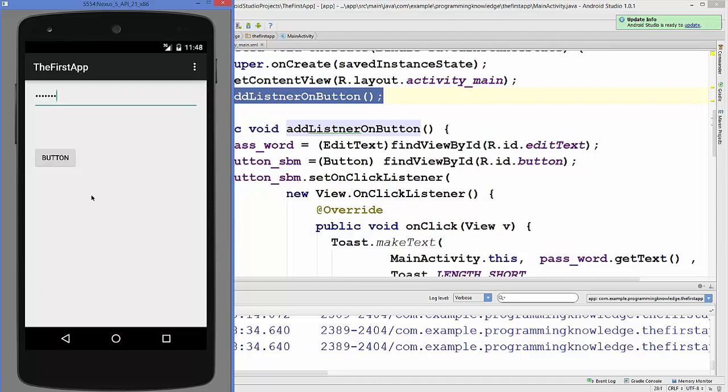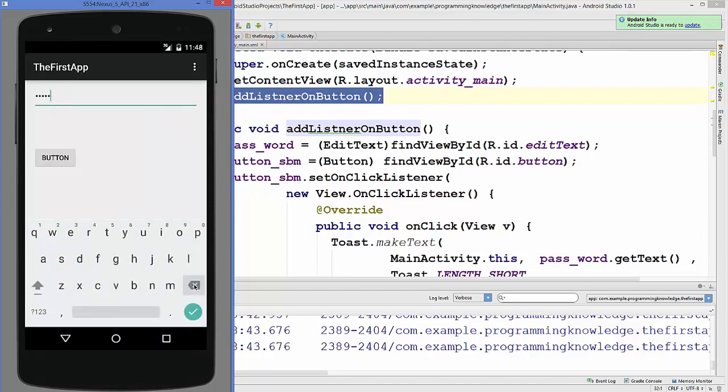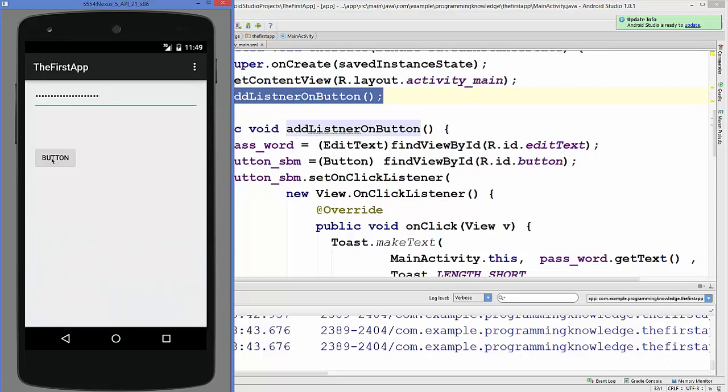I can enter some other text, like programming knowledge, and click the button and it shows this message. So in this way you can use the password field and Toast, which is the term for messages in Android,